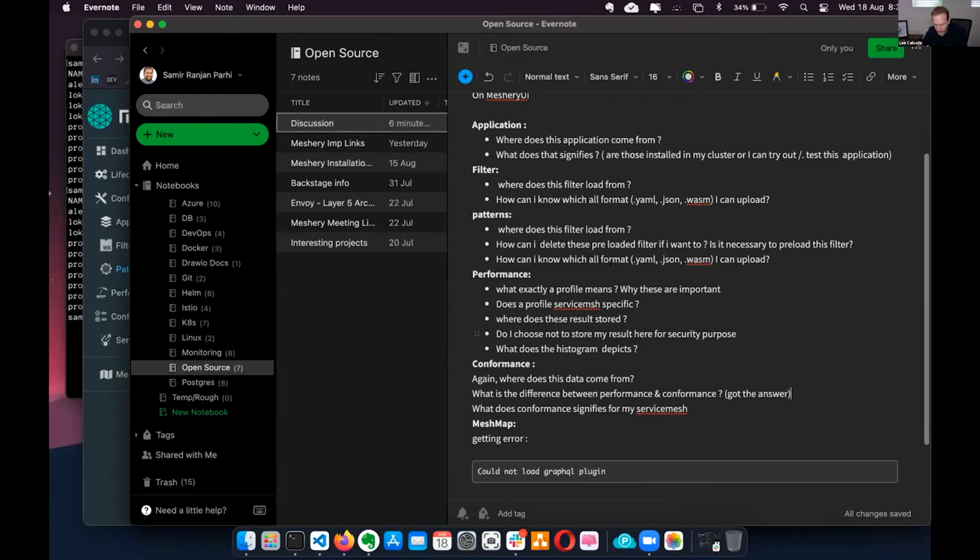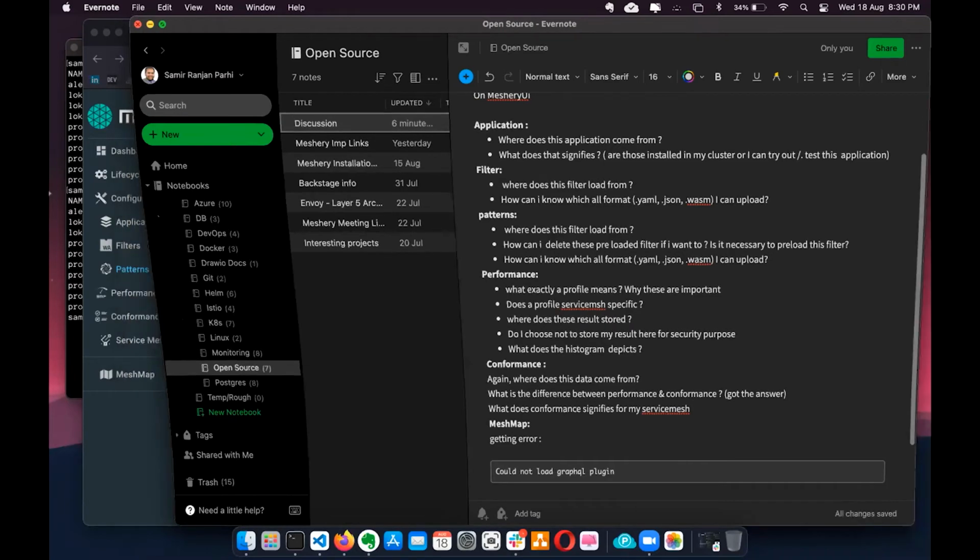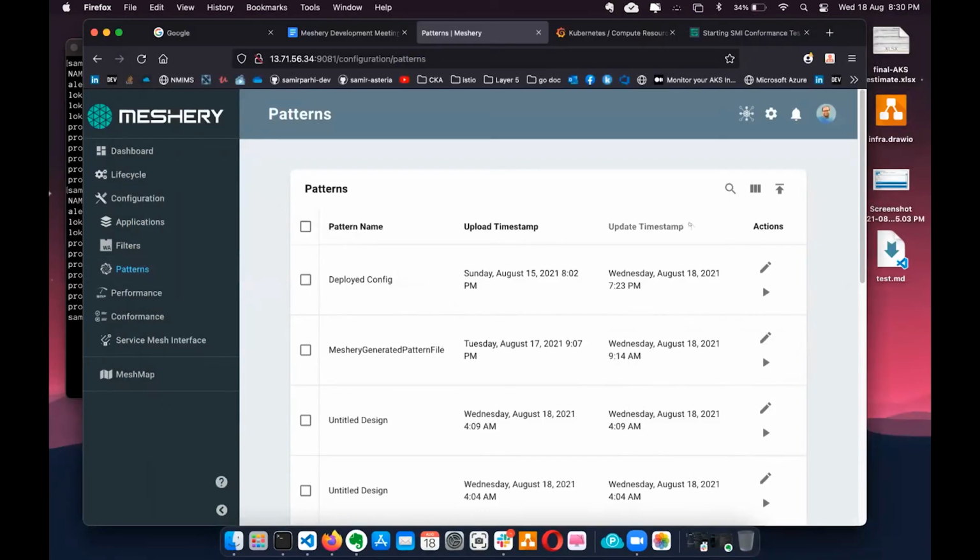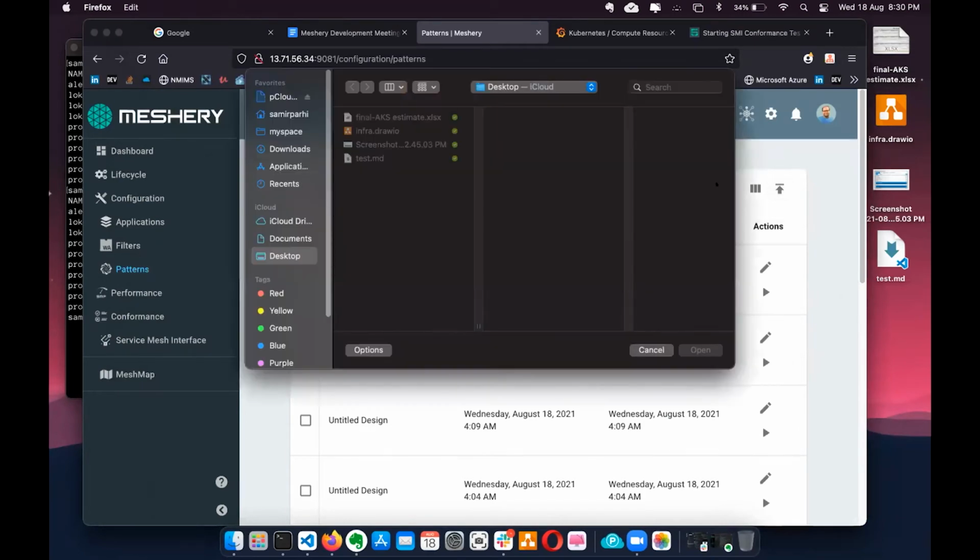And for patterns, if I go into patterns and upload, it really doesn't tell me which kind of files I can upload.